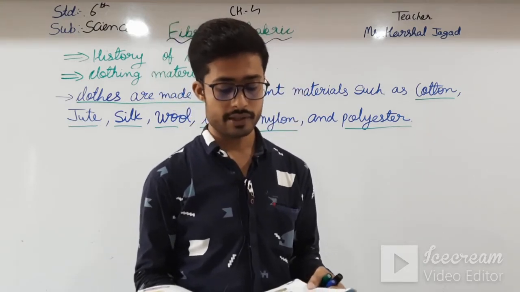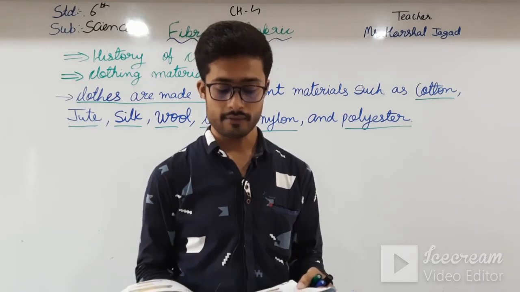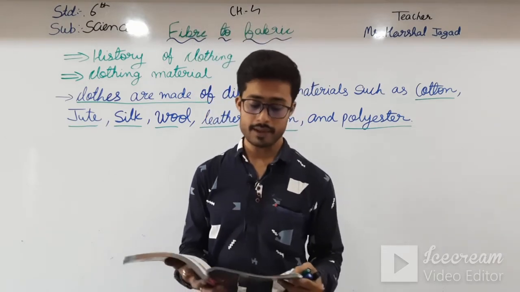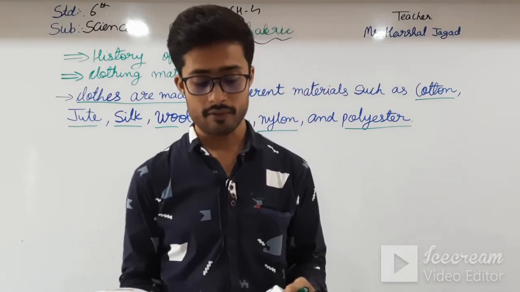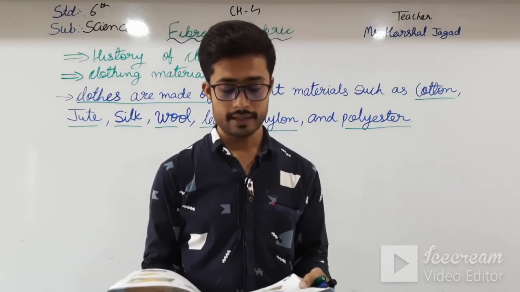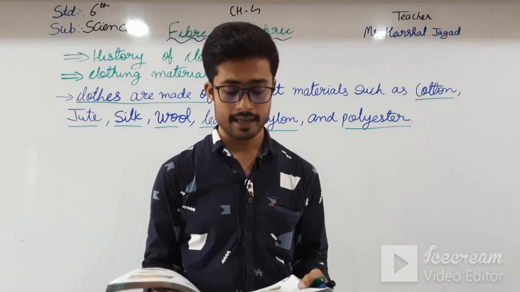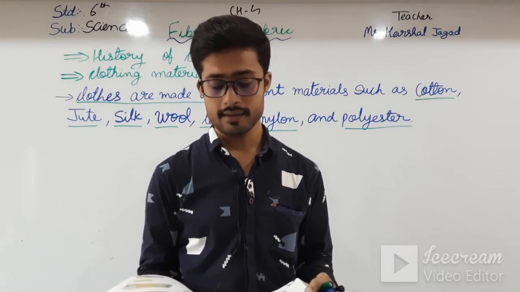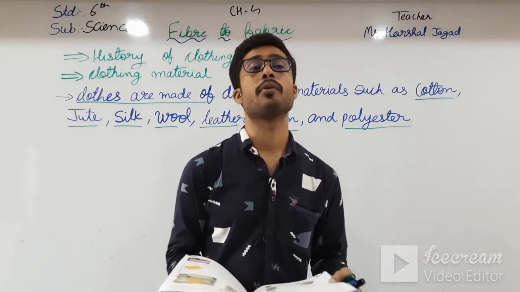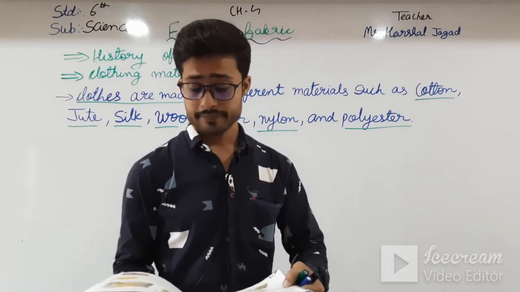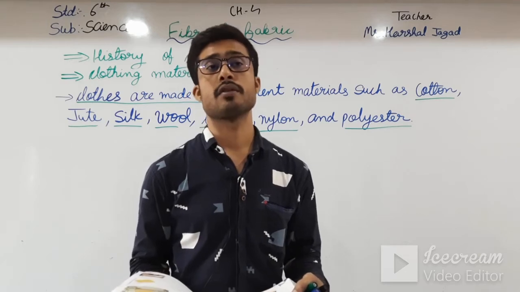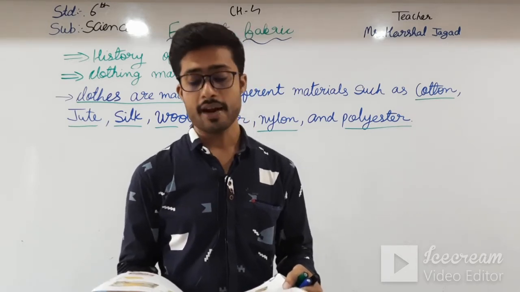Record your observation in your notebook in the given format. See here, material, leather jacket. What does the material feel like when touched? Can you observe any thread with the help of a hand lens? Any other observation that you have to do in your homework? Okay students, you have to do that first of all in your homework, and then after in the next video